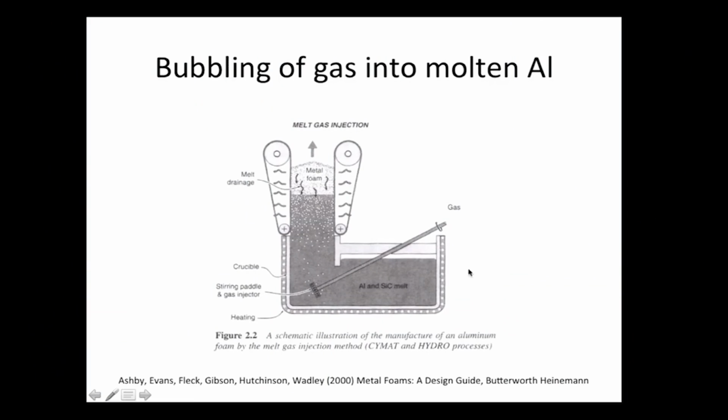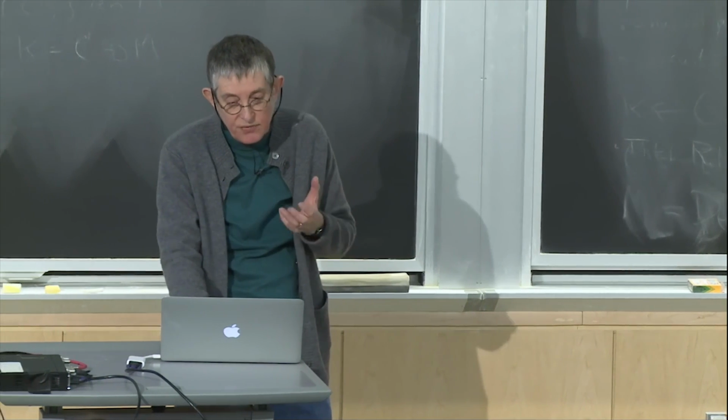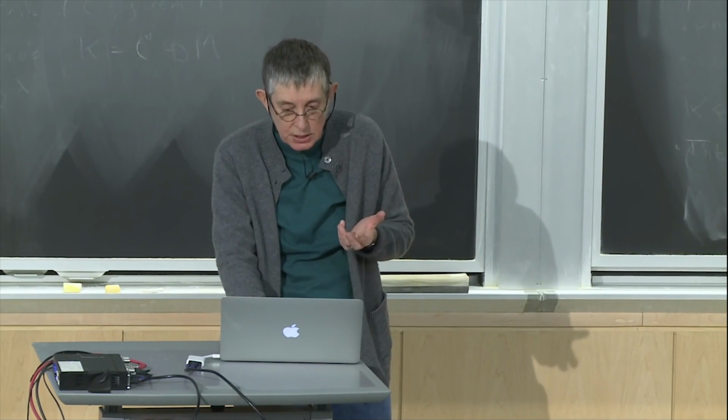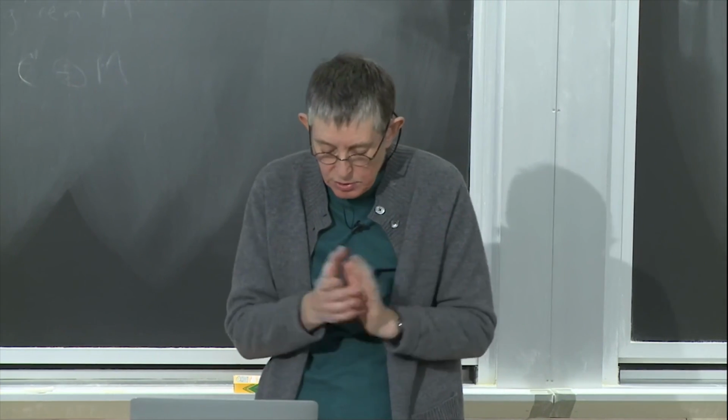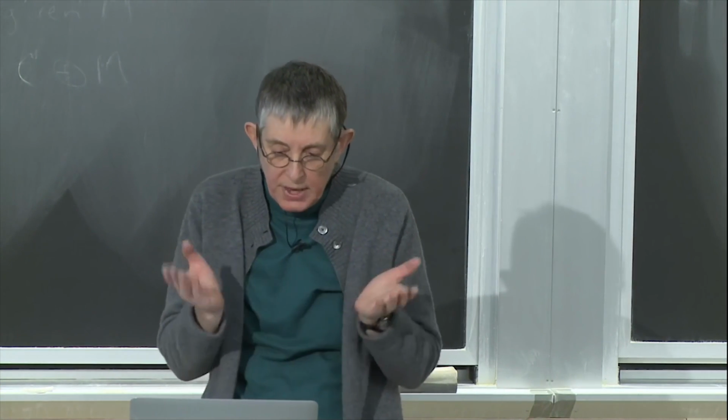So the idea here is that you take molten aluminum. Down in this bath here, you've got molten aluminum, and they put into the aluminum silicon carbide particles. The silicon carbide particles adjust the viscosity of the melt, so they make it more viscous. And then they've got a tube here that they blow gas in with, and at the bottom of the tube there's sort of an impeller, a little paddle that stirs the gas up, and so the gas forms bubbles in the molten aluminum here, and then they have conveyors which pull off the metal foam, and then it cools.